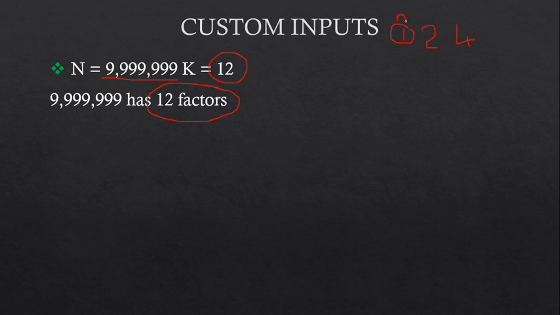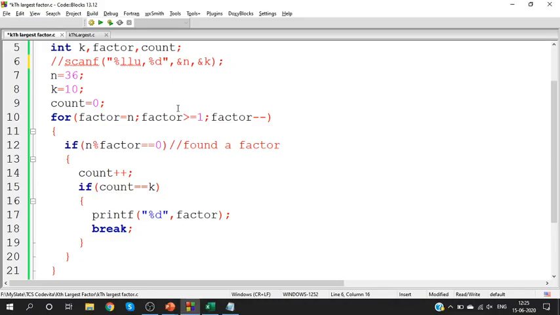Can you understand this? If I have 12 factors, 12th largest is 1. If I have 20 factors, 20th largest factor is 1. So here we have 12 factors. So 12th largest factor is 1. Can you all understand this? Which means I am finding the last factor of the number. So let us give this input. N is equal to 1, 2, 3, 4, 5, 6, 7, 7 nines. I want the 12th largest factor. What is the 12th largest factor? 1. Take a look at the output.